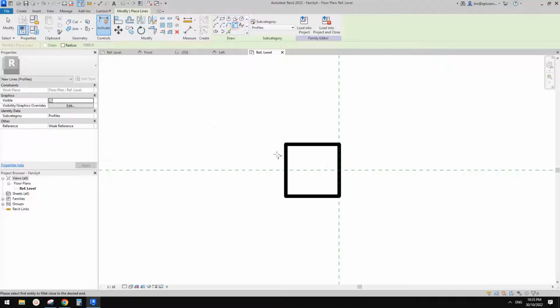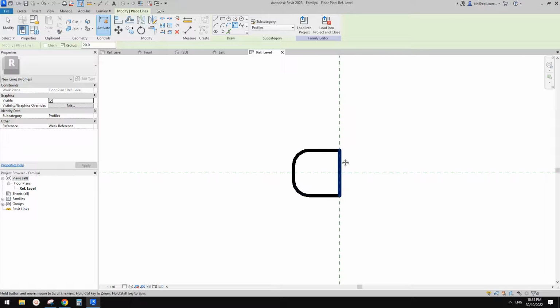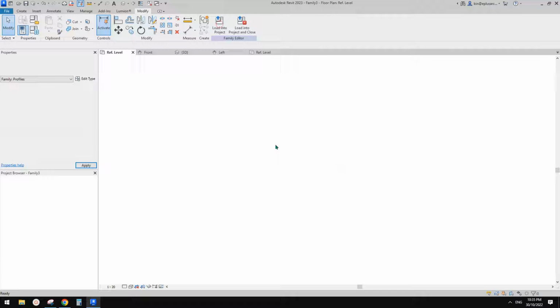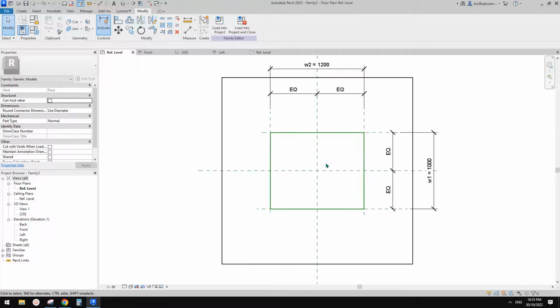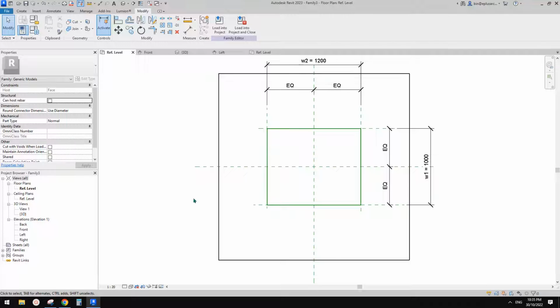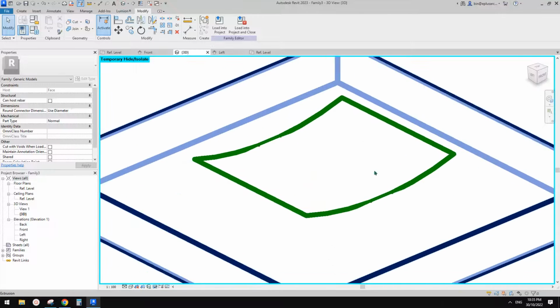I'll use fillet arc, maybe 20 millimeter like this. Okay, so maybe something like this. So now I'll load this one into this face-based family, and then we can start to create